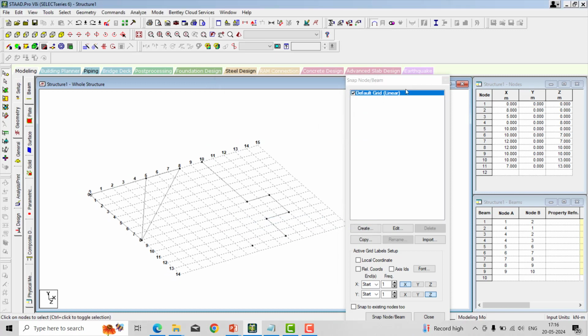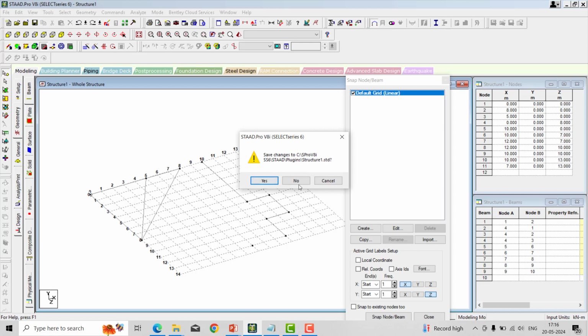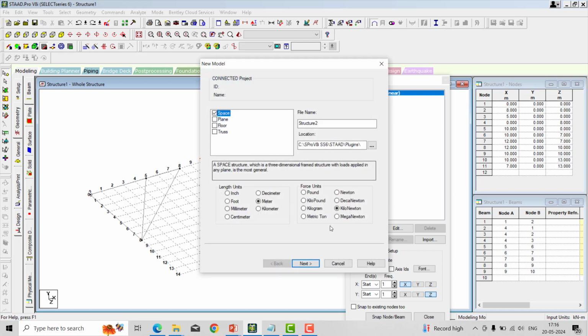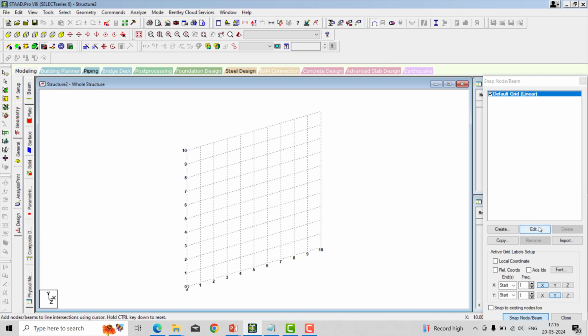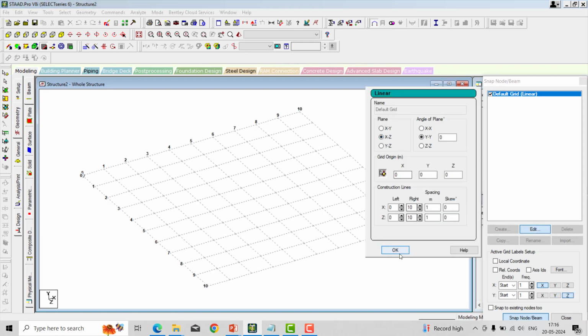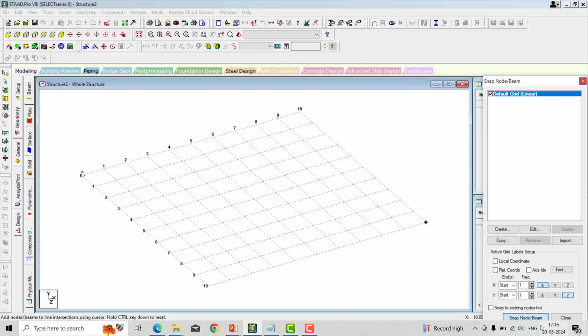Next, in the insert node and insert beam, we have different types. For that, I just select the new page, going with the same unit like this. I just customize the grid according to requirement. Now by using the snap node, I just draw the beam like this.